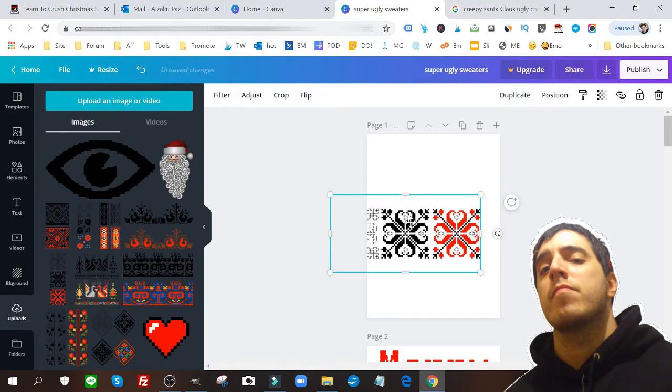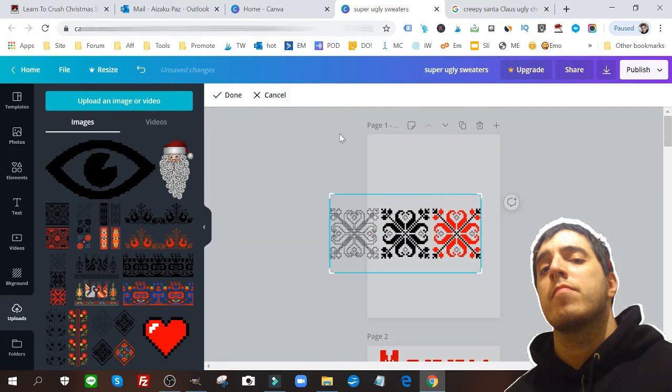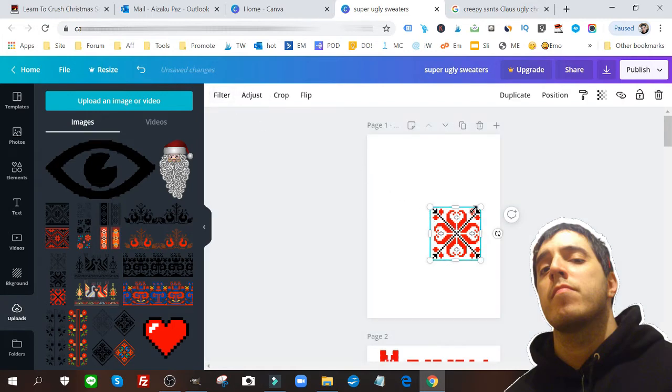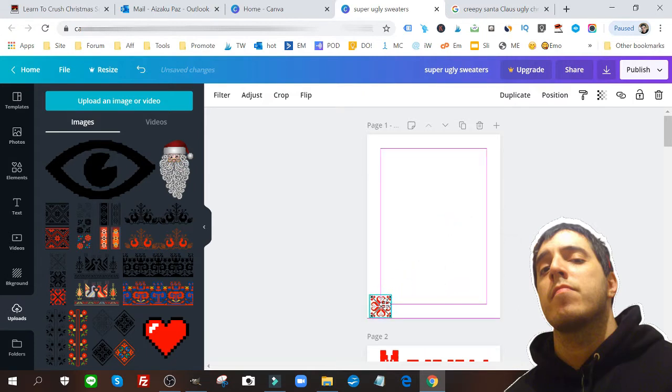First thing I'm going to do is cut this up. I'm going to crop. Again, I just use a free version of Canva. I don't pay anything for any of this, and I recommend you do the same. I'm going to shrink that down just a notch like that, and then I'm going to copy this and paste it